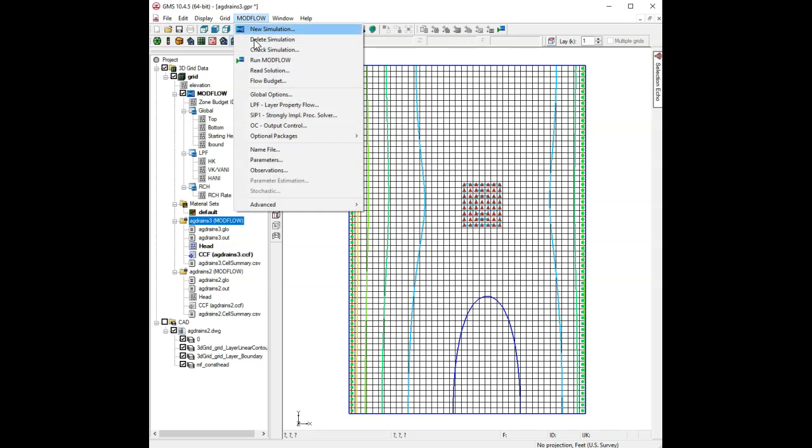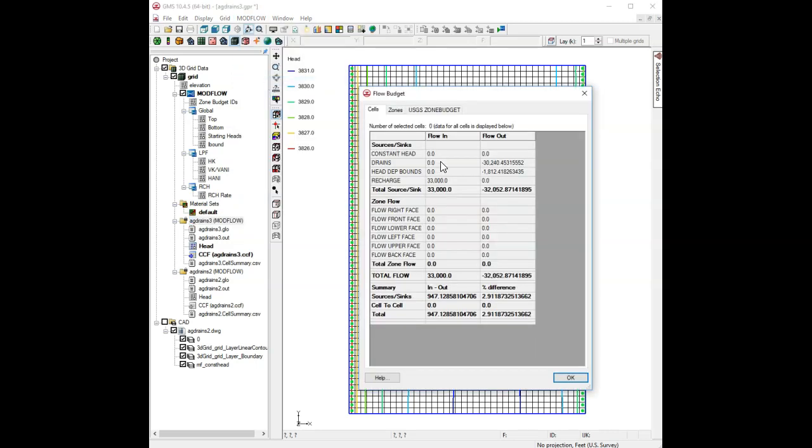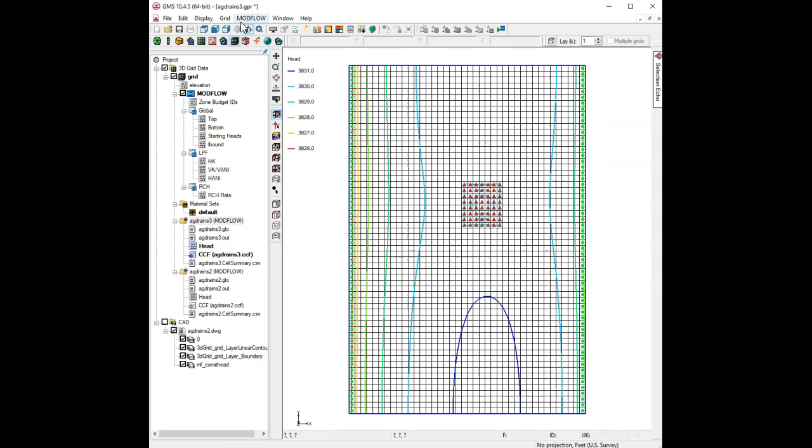And if we look at the flow budget, let's see what the flow budget says. So we have 33,000 coming in, and we have 30,000 going out the drains and about 1,800. So we actually got a surprisingly big discrepancy here in our flow budget, about a 2-3% difference. That seems a little high to me. We might want to try